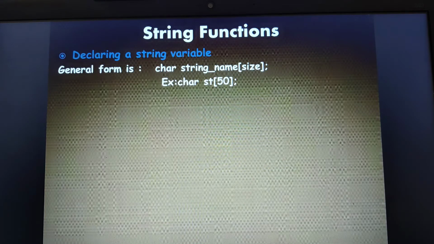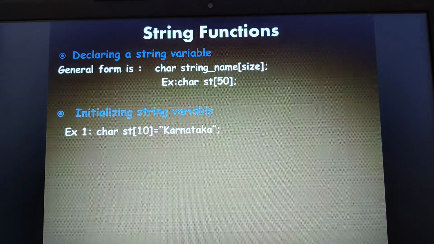Moving on to how we initialize a string. So here is an example: data type followed by the string name followed by the size. Look at this here.